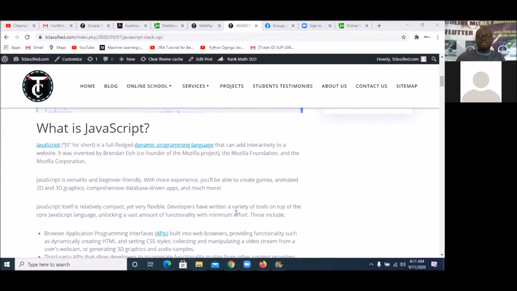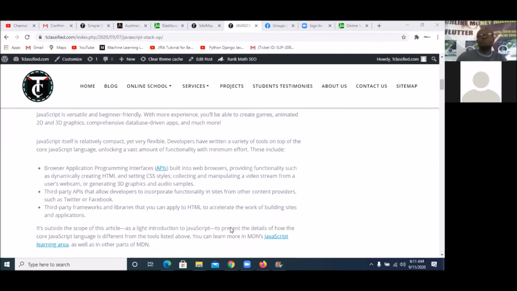Okay, JavaScript itself is relatively compact, yet very flexible. Developers have written a variety of tools on top of core JavaScript, unlocking a vast amount of functionality with minimum effort, which includes browser application programming interfaces, called APIs. There are lots of APIs that are done using JavaScript that are very, very useful. And you're going to be learning how to build out your own API